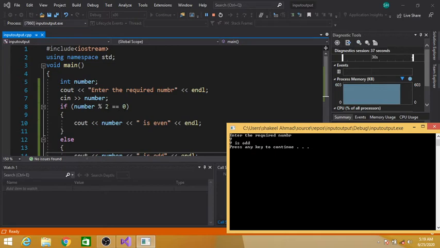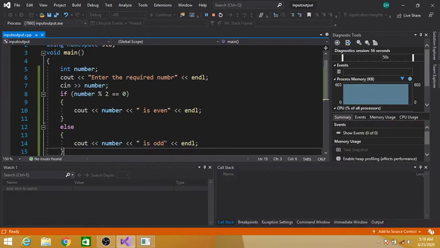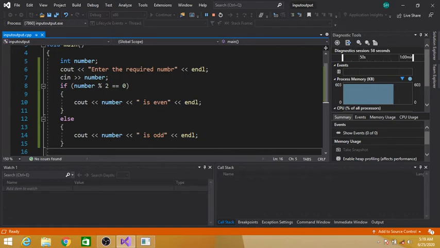No, 1 is not equal to 0. So this condition becomes false and the statement under the else block will be executed. So this is executed: cout 9 is odd.